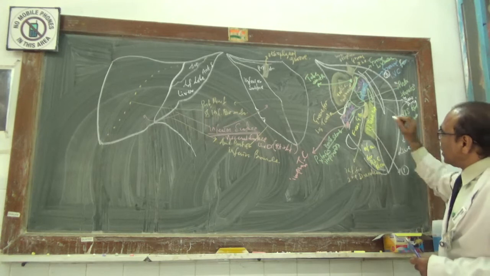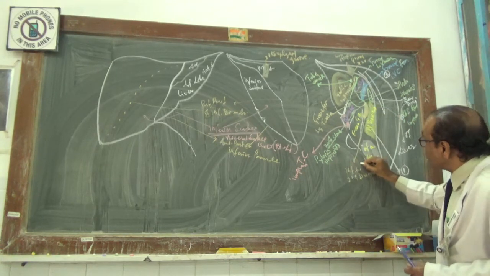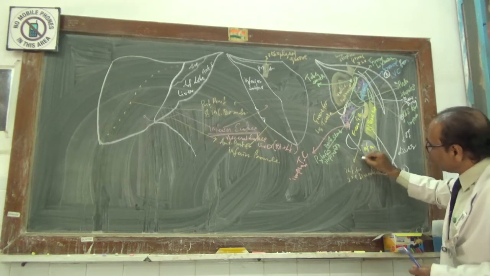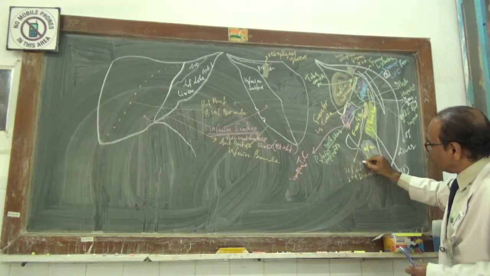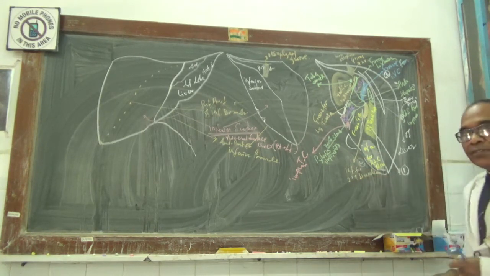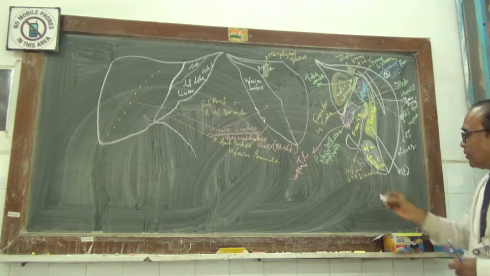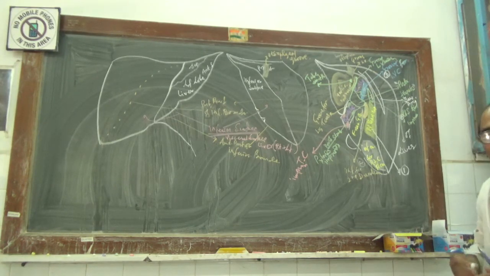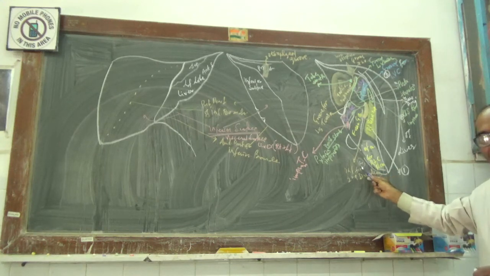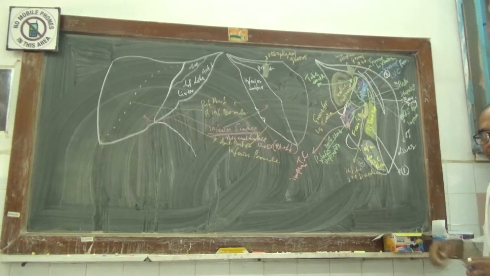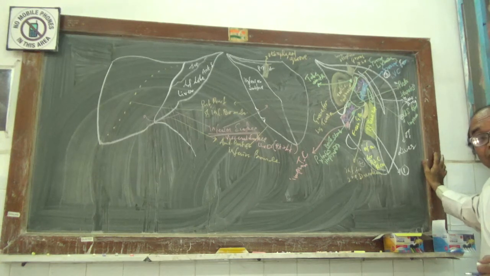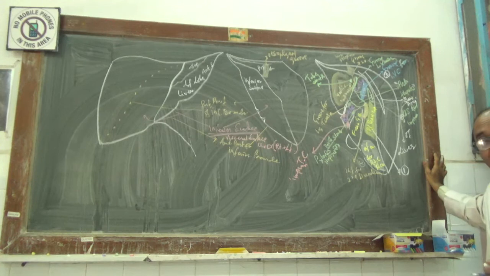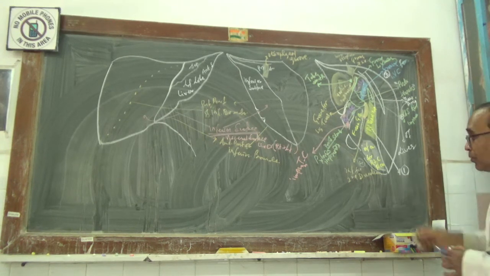So this will be the relation for the groove for the inferior vena cava. Now we have to go to the fourth impression. Now this impression is the impression made by the second part of the duodenum and the ending of the first part of the duodenum. Now this duodenal impression is made not only by the anterior surface of the second part of the duodenum, but also the anterior portion of the ending of the first part, that is the superior duodenal flexure.